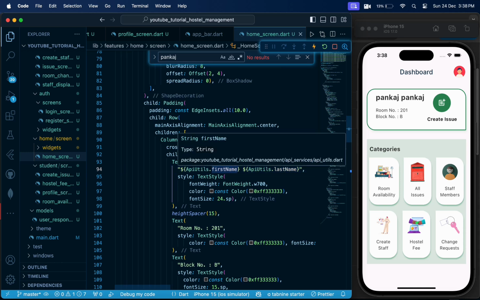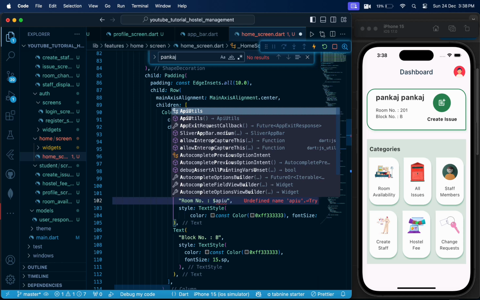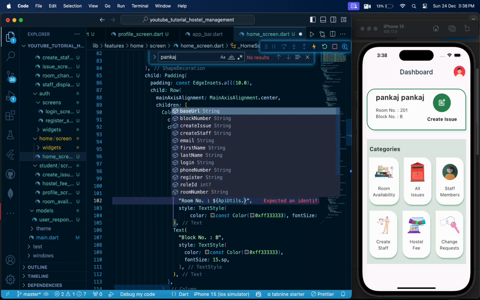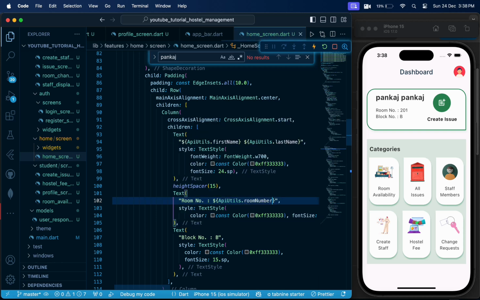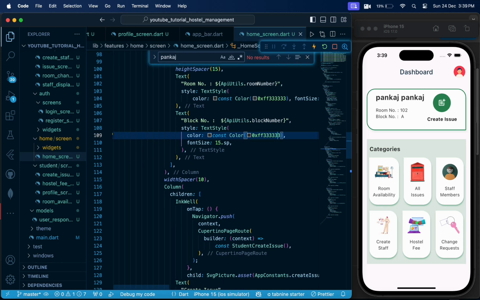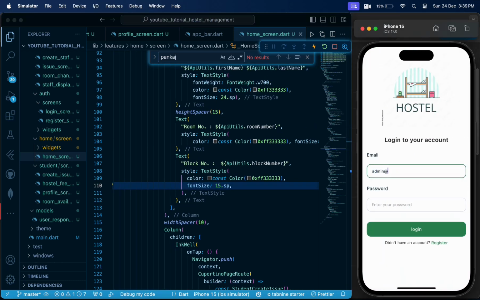Okay, so now let's log in with the admin credentials. Yes, we have to first initialize this room number, API room number, and block number will be API block number. So let's try to log in with the admin credentials first. admin@gmail.com, admin,